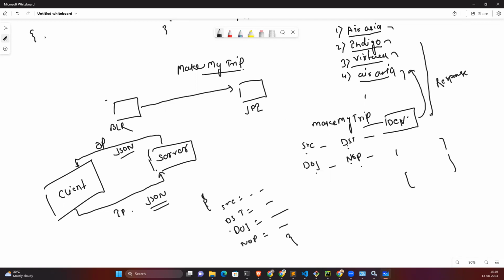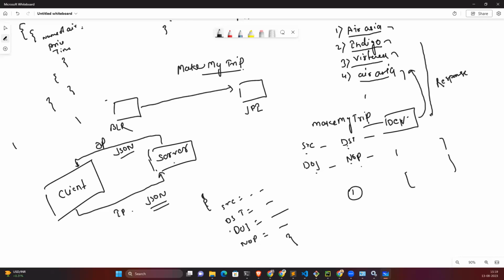So how is it going to generate? So here we go. The name of the air service, then price, time, at what time the flight is there. Like this, there is multiple information. There is another air service response, a third air service, like this information they are going to pass. And this response we are getting from the server and returning back to the client, and the client will consume this response and display it on their UI. That's the thing.